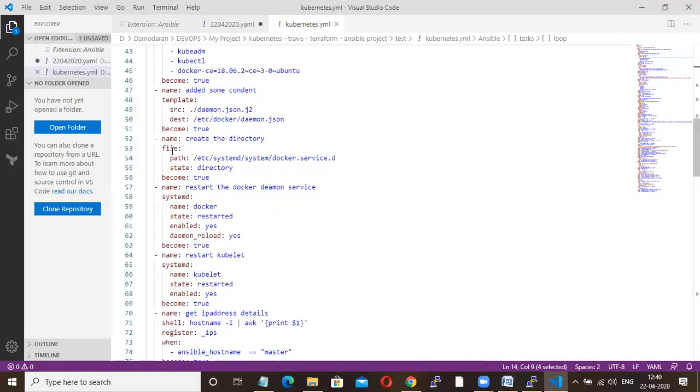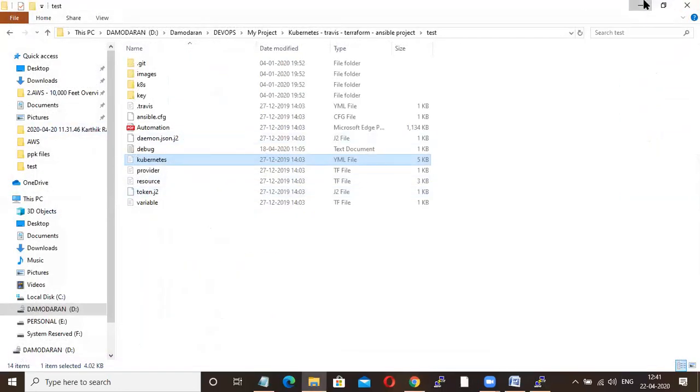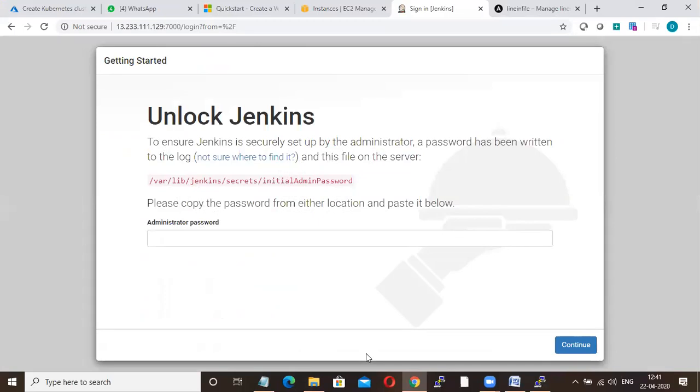Then the file module, to create one directory. This is to restart your Jenkins and restart your kubelets. We'll talk about commands and modules later. Like this, we will write playbooks. Fine. So practice this.